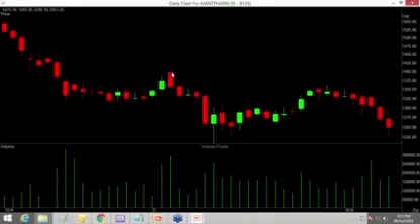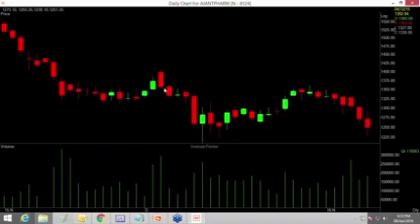This is the first trade of the day. See, the first trade happens at 1400, and at the end of the day the script closed at 1358. Okay, so it shows that the closing is lower than the opening. That's why it's a red candle. That shows that bears at the end of the day are more powerful than the bulls, and they are able to drag the price downward.